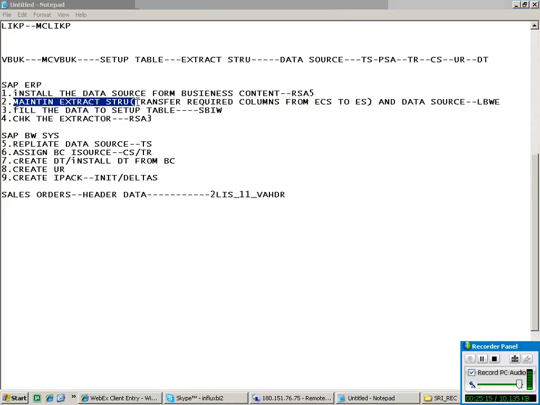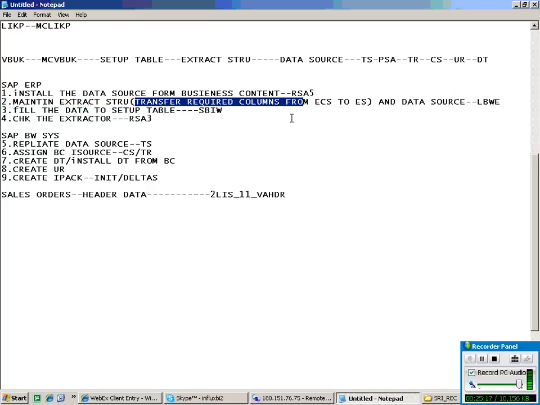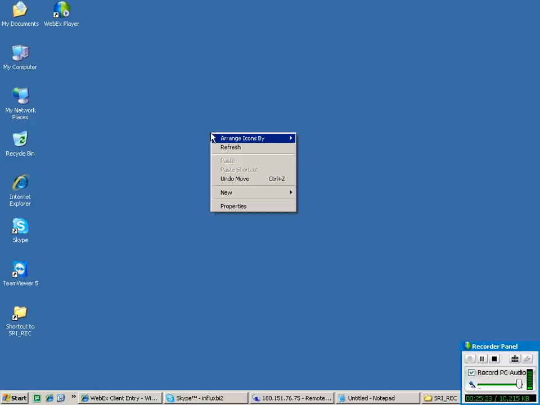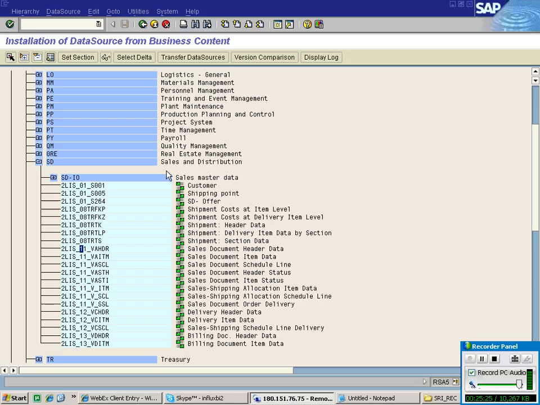We are supposed to maintain the extract structure, where I'm transferring required columns from ECS to the extract structure. What is the transaction code?